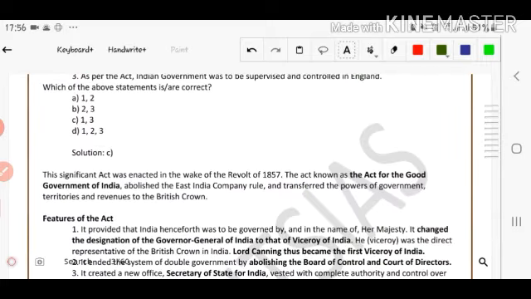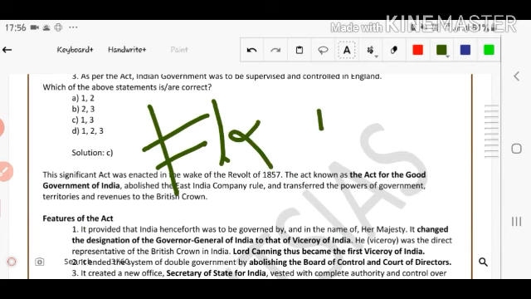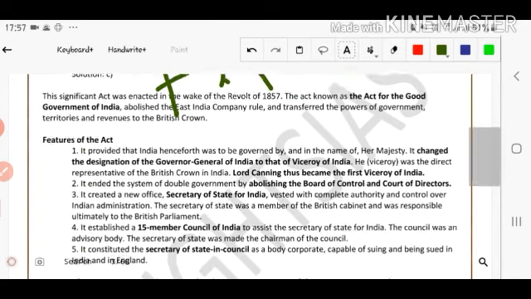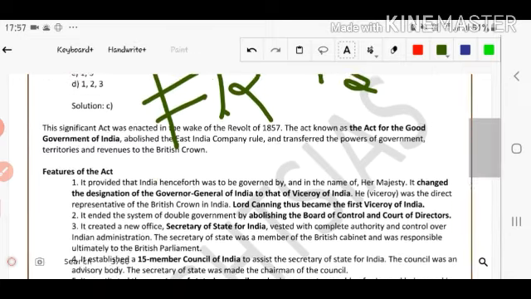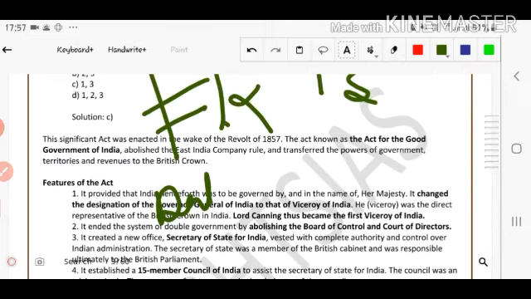That means the Court of Directors and the Court of Control, the Board of Control and the Court of Directors, are abolished here. Number second thing, the Secretary of State, who is responsible to the British Parliament, is established here. Number third, the 15-member Council is added here, and the designation of the Governor General is changed here. And a whole lot of the structure that was earlier present is completely changed, because Dalhousie made efforts to unite India,